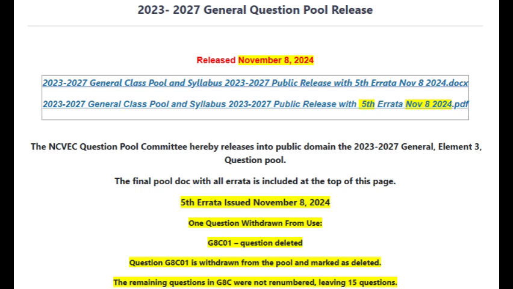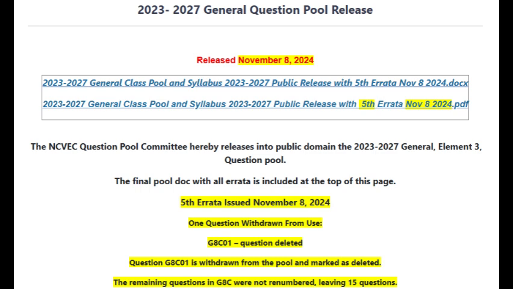G9D09. In answer A, add MF and before low HF bands to read. A. Directional receiving for MF and low HF bands. G9D10. In the question, change 1/3 to 1/10 to read. In which direction or directions does an electrically small loop, less than 1/10 wavelength in circumference, have nulls in its radiation pattern?